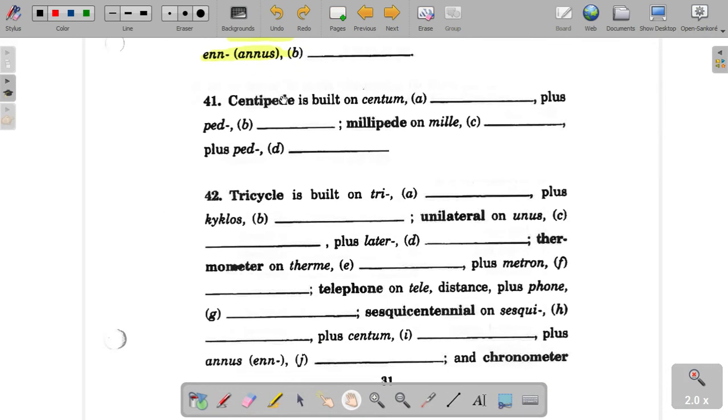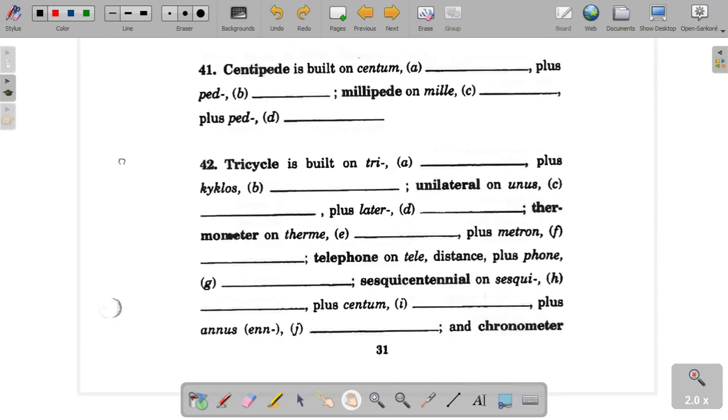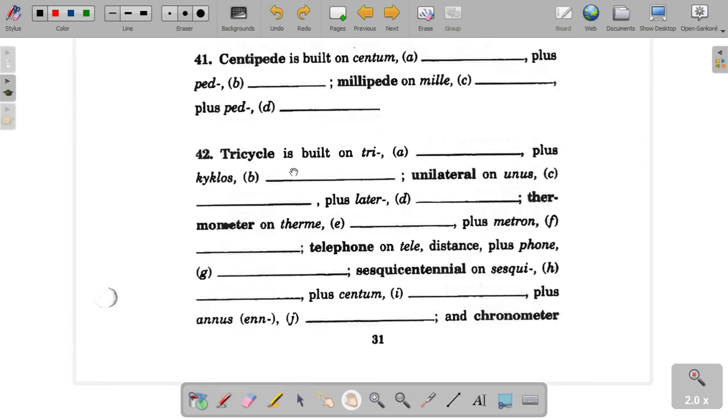Then there's centipede, which literally means what? What does centipede literally mean? 1,000? No, 100. Yeah, there you go. 100, and then it combines it with the root ped, which means foot. So literally 100 foot, which of course is a great exaggeration for how many legs they actually have. Let's see. We talked about a tricycle, of course. Now, if you remember what uni means, like in universe or unilateral, I think you said the right answer. It means one or single. So unilateral is just one side.